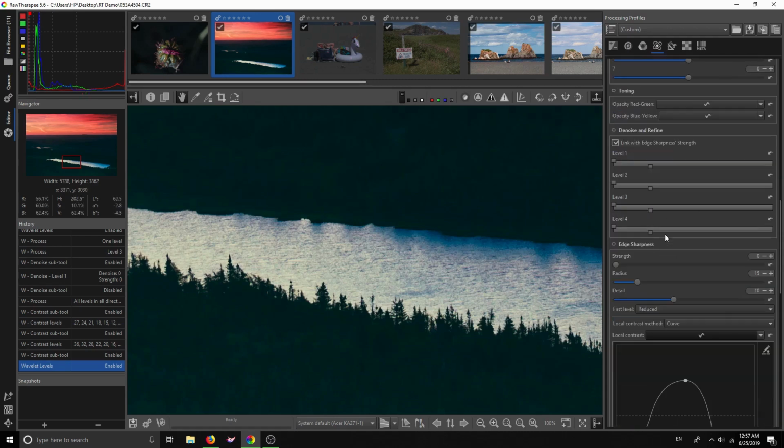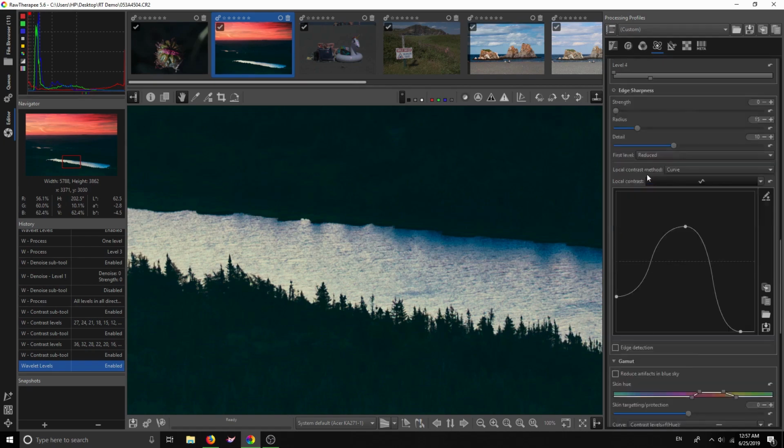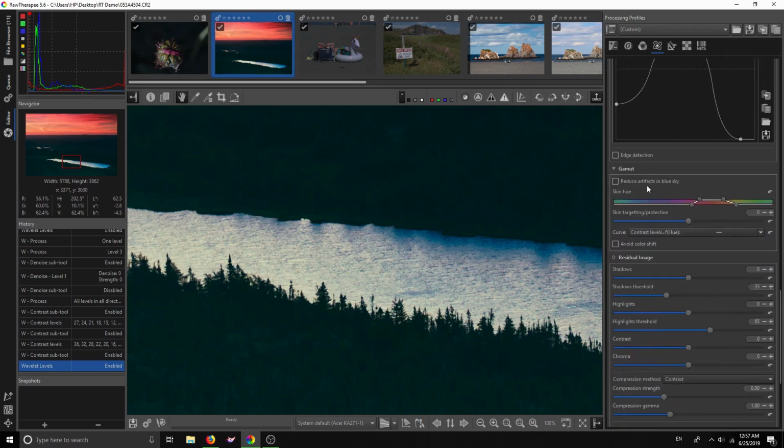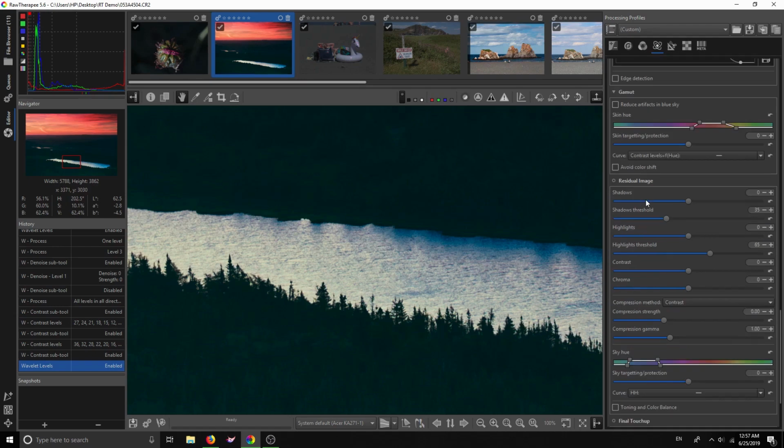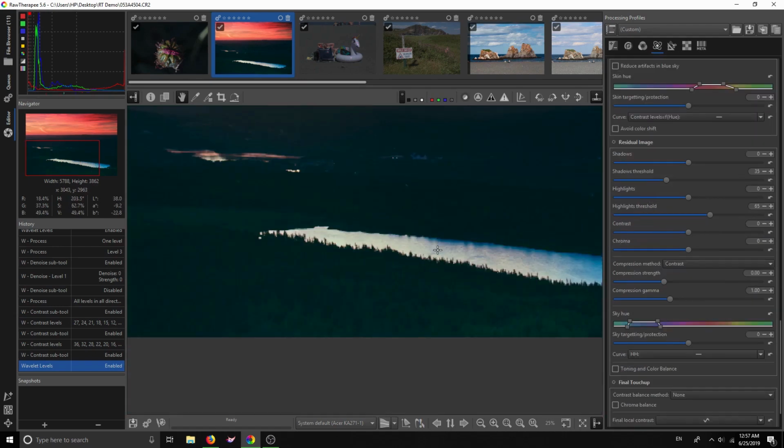There's some toning you can do here. I don't even know how that works. There's the denoise, which is really cool for a noisy picture. Edge sharpness, I don't know. I don't use that. But what I do like sometimes down here is the residual image,